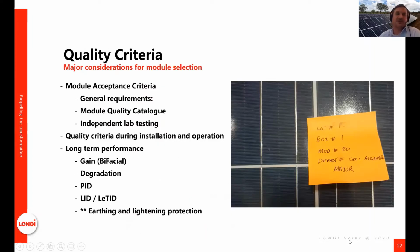Last points. In terms of quality criteria, both Lucy and Freddie are going to talk a little bit about this later, but I think what history has shown is that it's such an important thing to try and involve your module supplier as early as possible, especially in the contracting phases, talking about your acceptance criteria, both in a general requirements,